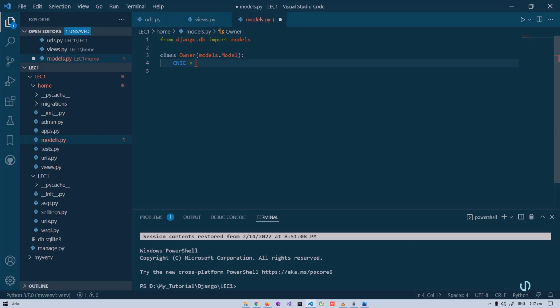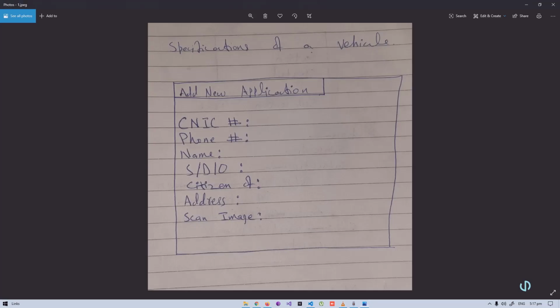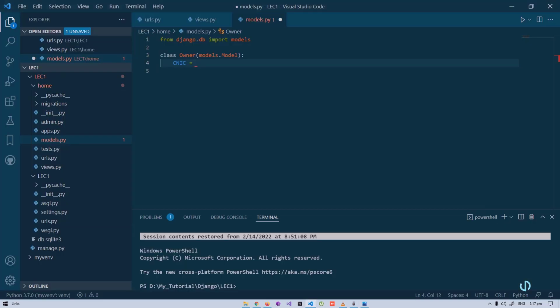And we are going to make it a foreign key, but not yet. Okay, so first of all, it will be a string, so I'm going to do models dot